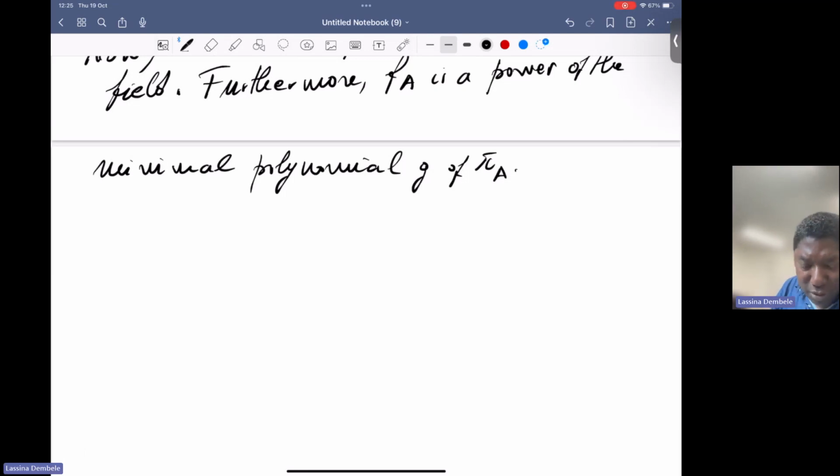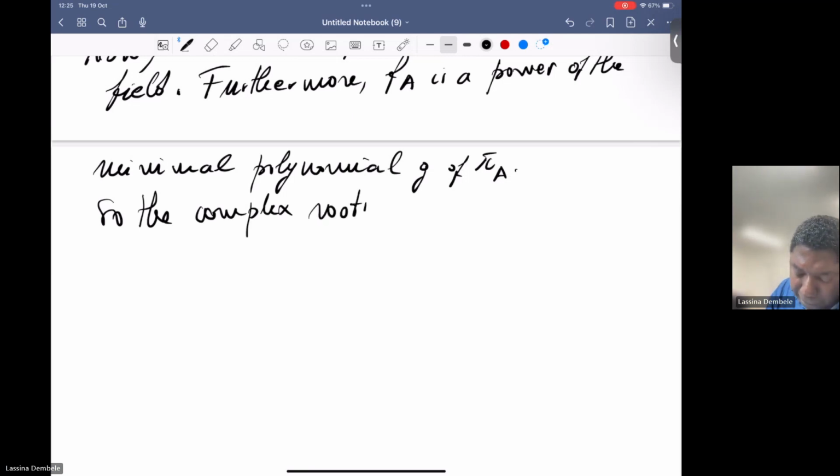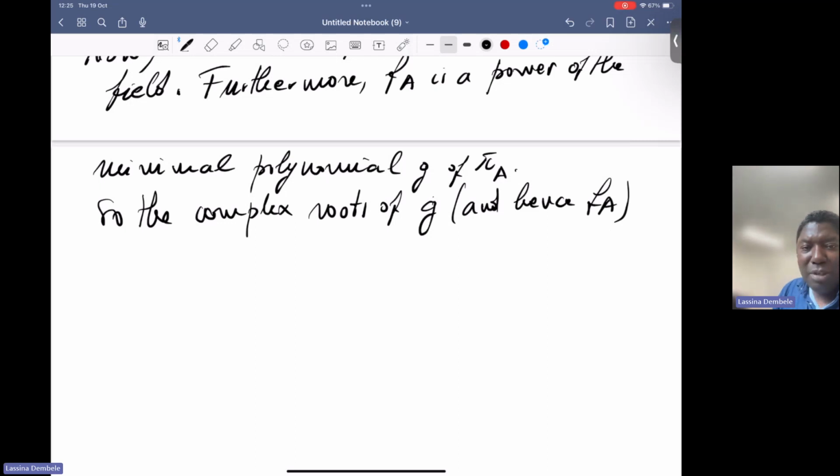So that means that if I look at the complex roots of the polynomial g, and hence of Fa, they would simply be the conjugates of pi, because we already know that pi is a root of the polynomial. And because it's an irreducible polynomial, given that a is simple, any other root would have to be a conjugate of pi. So the complex roots of g, and hence Fa, are of the form